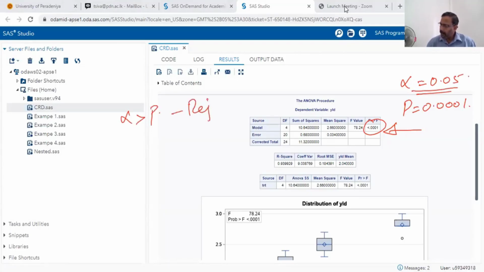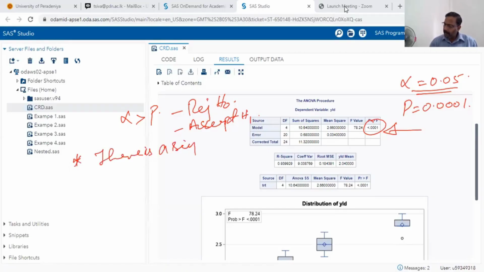Therefore, we reject our null hypothesis. So accept alternative hypothesis. The conclusion is there is a significant difference in yield